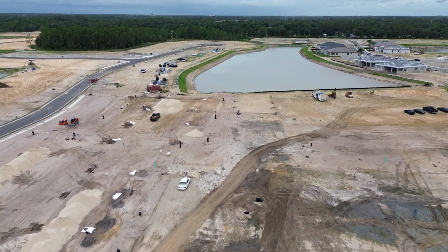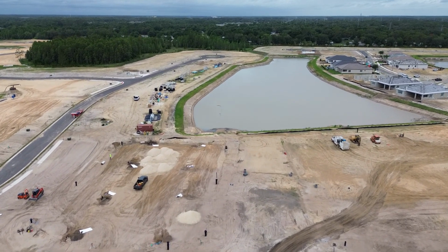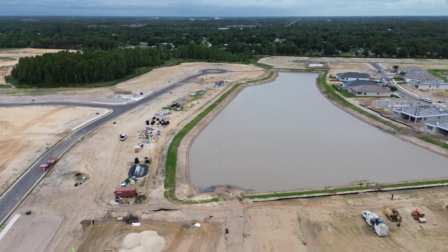So let's talk about the amenities. And man, I have a flyer here because this community has so many amenities I want to make sure I don't skip any. So first of all, they have a 29,000 square foot clubhouse that is currently being built right now, summer of 2025, and over 7 acres of just community